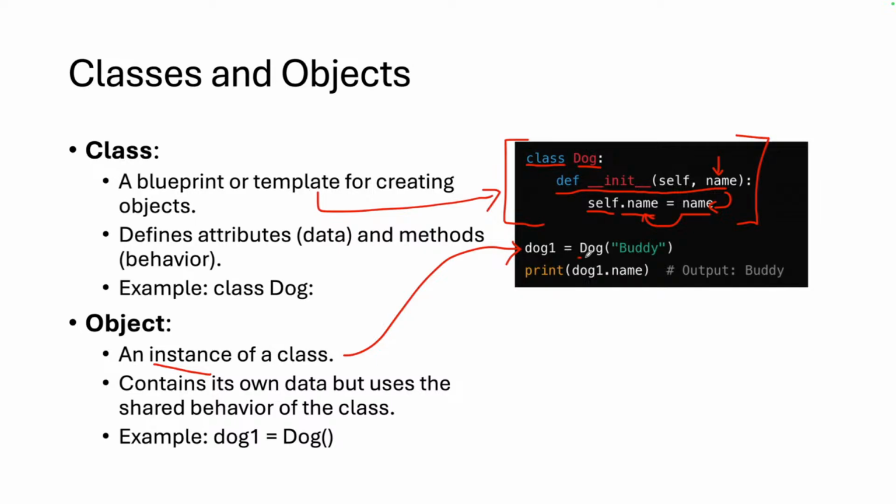Here we're calling Dog. Notice we can just call Dog like you would call any other object or any other class. So you guys have actually been working with objects this entire time. And we have to pass in the name parameter. So this name, Buddy, gets passed to this initialization, this class initialization.